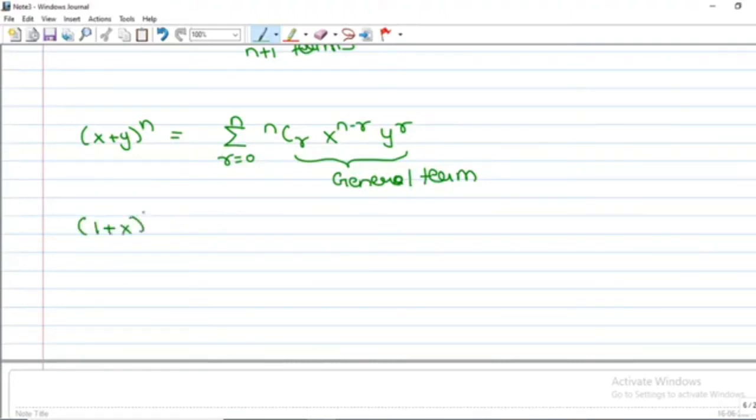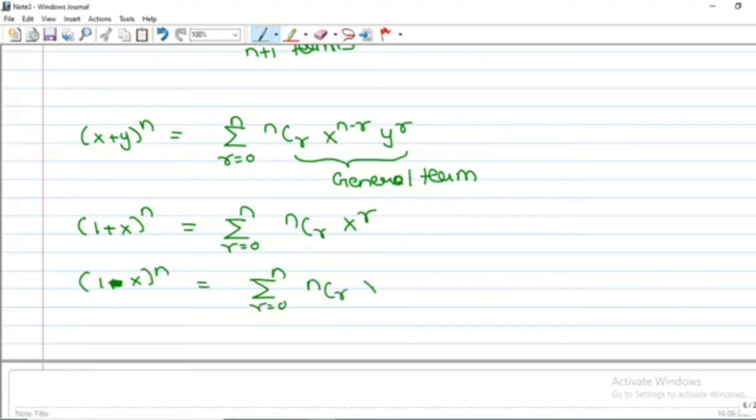Now why do we need this? Because if we use this form of representation, it reduces our calculation. This thing becomes a relief when it comes to expansions like 1 plus x power n. Here you represent it as summation r from 0 to n of nCr x power r. And if you see the expansion of 1 minus x power n, this is nothing but summation r equal to 0 to n of nCr x power, here it is minus x, minus x power r, which you can write further as summation r from 0 to n nCr.